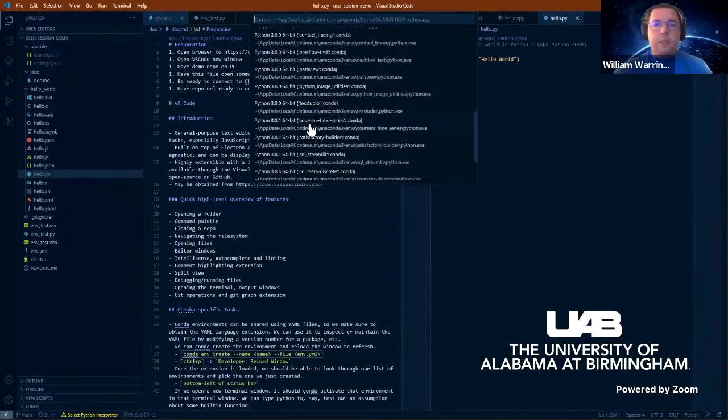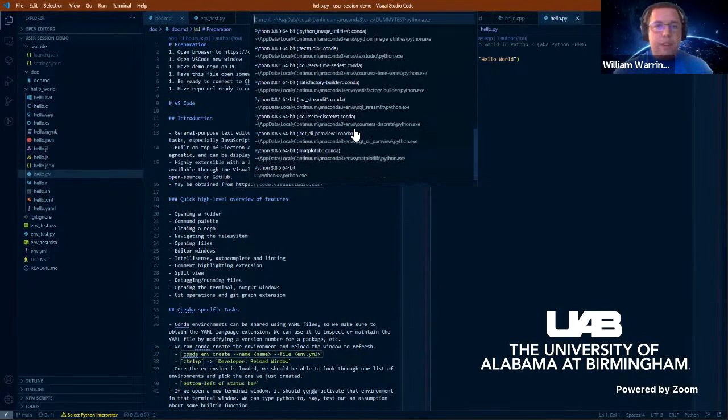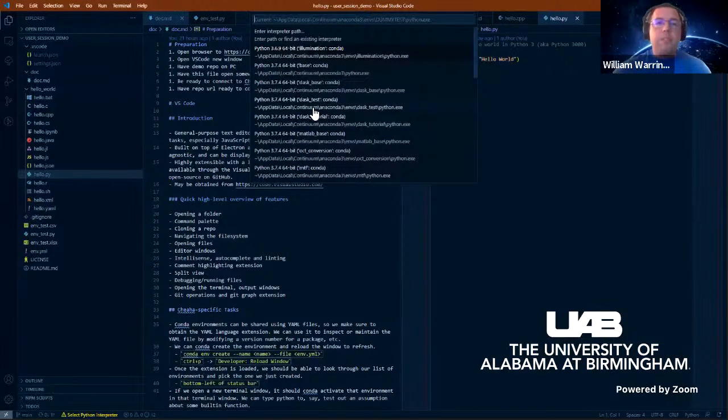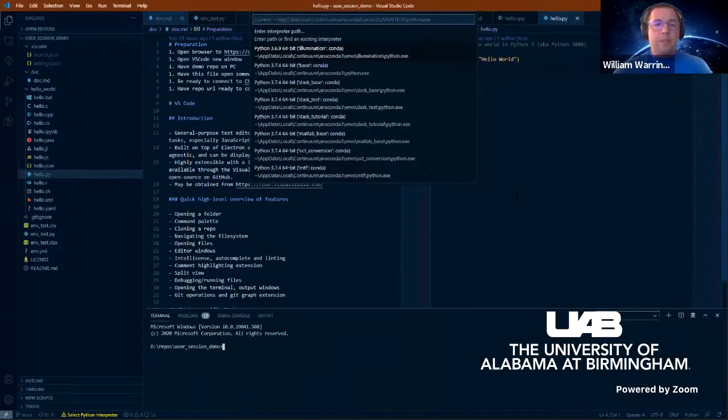But if I click here, I can scroll down and find any number of the environments that I have on my machine, and I can pick one. I don't have any now, but you all know how to create one. I'm going to show you just as a reminder really quick. I can press Control backtick, and it'll open this terminal window. That can also be done from the menus: you can say open new terminal. Once I've got a new terminal window, of course, I can